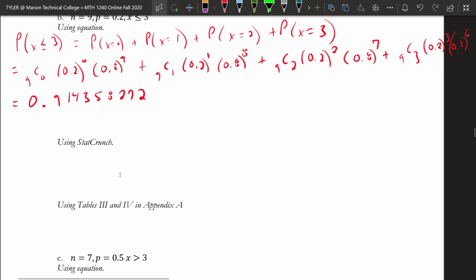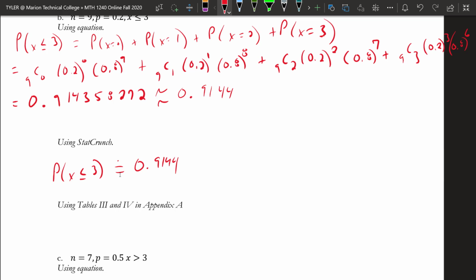Right, so this is approximately 0.9144 if we round to 4 decimal spots, right? And using StatCrunch, the probability that x is less than or equal to 3 was also approximately equal to 0.9144, from that printout. So then,